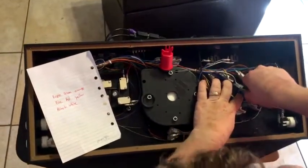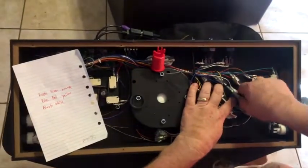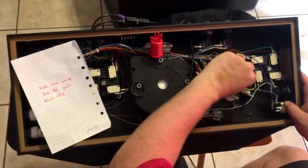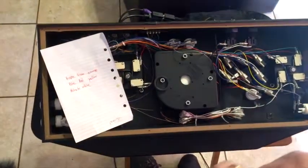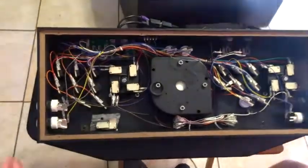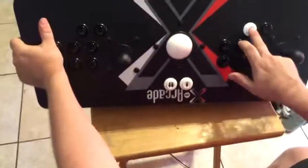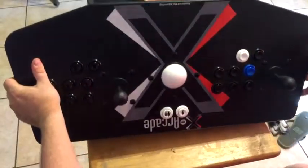So you just pop it in there into the little hole on the micro switch, and then kind of push the outer one in enough for you to pop this one in place, just like that. So we can see how we're coming so far. I have to switch it. You can see I've already done 2. Okay, and they work just like the other ones. All right, I'm going to do the rest of these